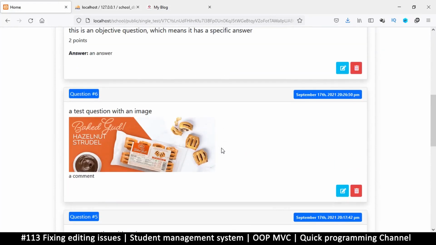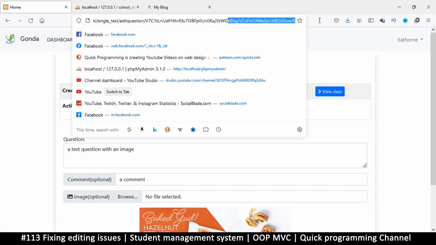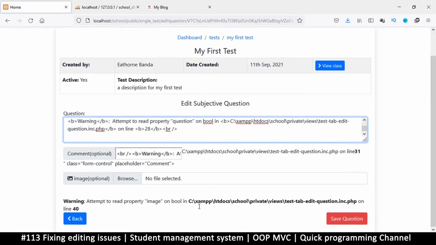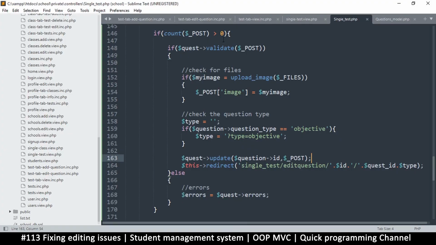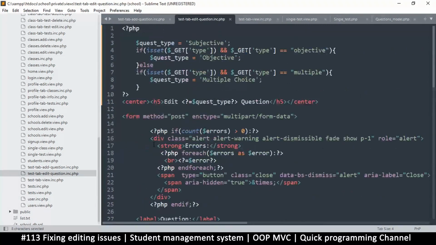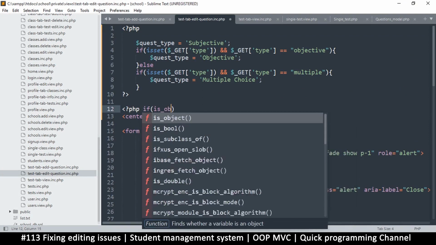The only question is, if I click on edit and then for some reason I add an ID that does not exist, what do I get? Look there, I get all these errors. So to avoid all these errors is a simple thing. So we're just going to come to the tab, test tab edit question inc. So right here we will put an if statement. So let's put an if statement. If is object